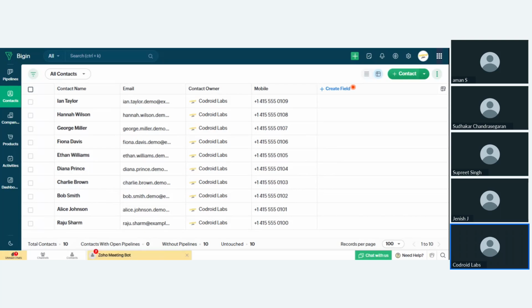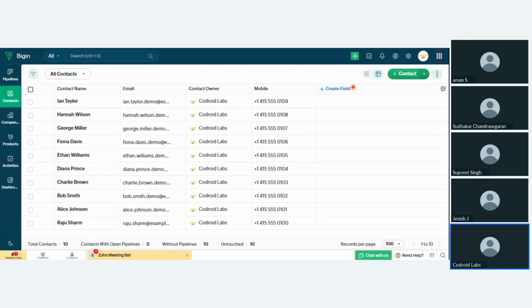So with a single prompt, I can create all the records inside ChatGPT. I can also ask ChatGPT to count those records, how many records are inside my Zoho CRM.